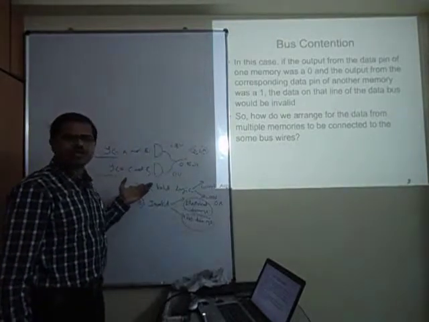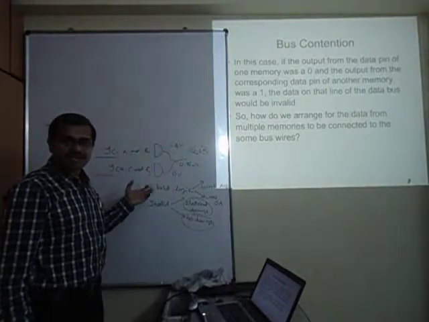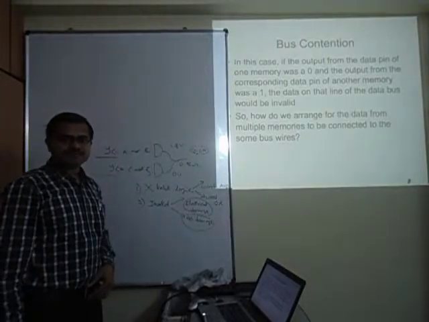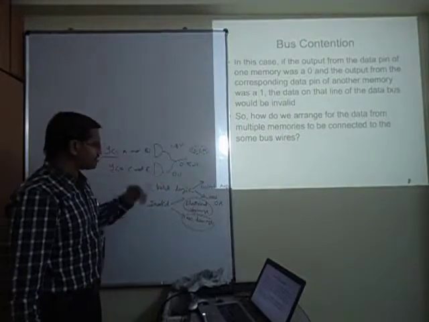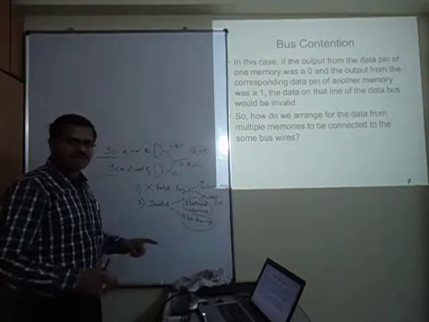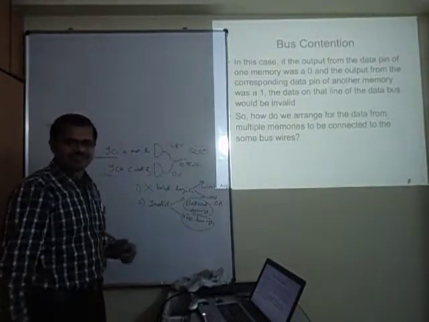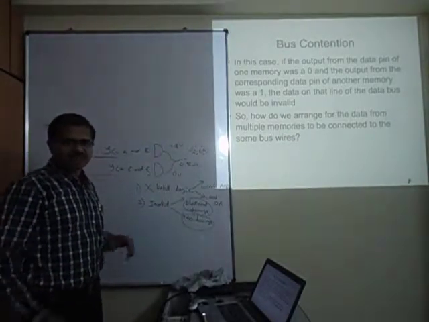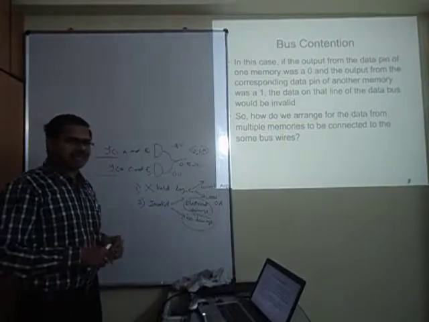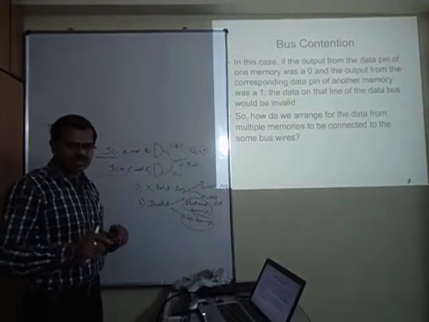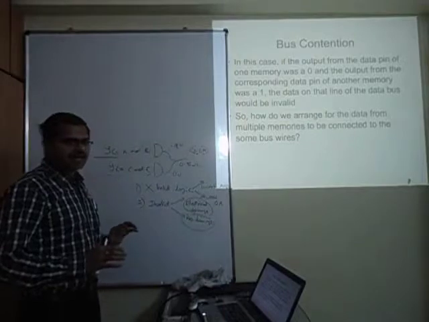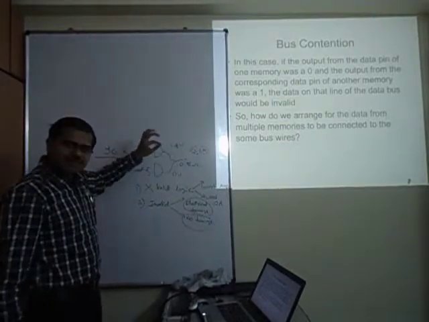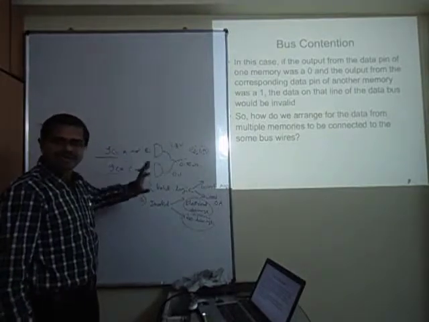But you may ask, why are you worried? If it is a mistake, then don't do it, isn't it? But I am telling you, it's not a mistake. It is a requirement at so many places. How is it validated, sir? Wired AND and wired OR. If you want to get into it, you should look into the circuit level details. There are some logic families where you can have a wired OR or wired AND connection. We were discussing the other day pull up and pull down configurations. There are some gates where that flexibility is left to you, so that by shorting them, an OR combination or NOR combination can come.